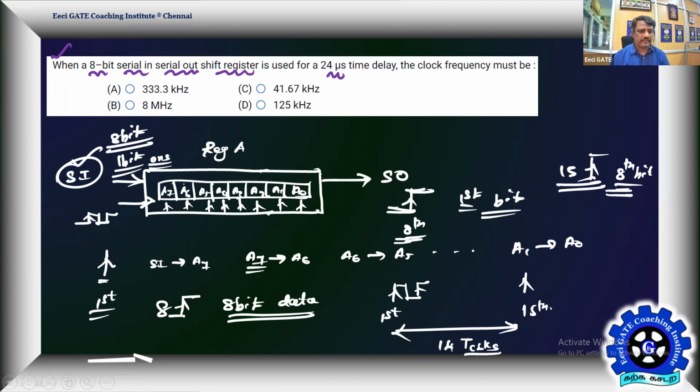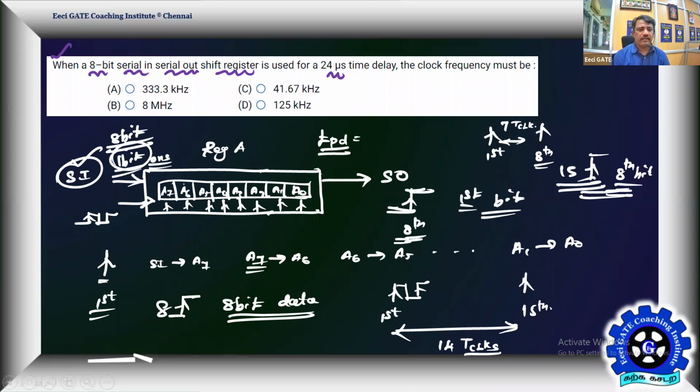Yes, the first bit is available after the delay. So we should not go for that earlier calculation; we should go for only these 8 clocks. Approximately after the 8th clock, the first bit is available, so it is delayed by so many clocks. The total propagation delay of your first bit is approximately from the first clock to the 8th clock. At the 8th clock, the data will be available. First to 8th means you get only 7 T clocks, so 7 T clocks is the propagation time period.